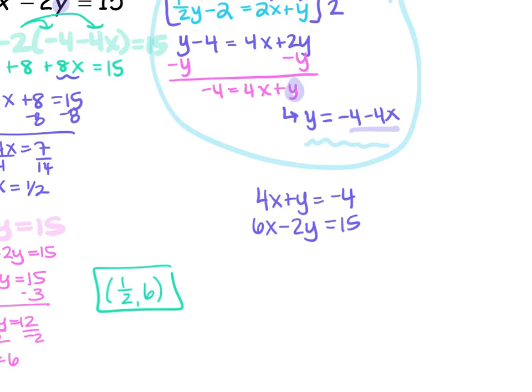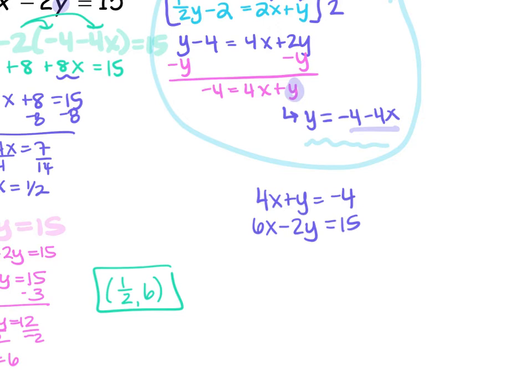In the first equation, the coefficient is a 4. In the second equation, it's a 6. The y's don't have the same coefficient either. In the first equation, it's a 1. In the second equation, it's a negative 2. So at this point, I can't just add the equations or subtract the equations because neither of the variables will